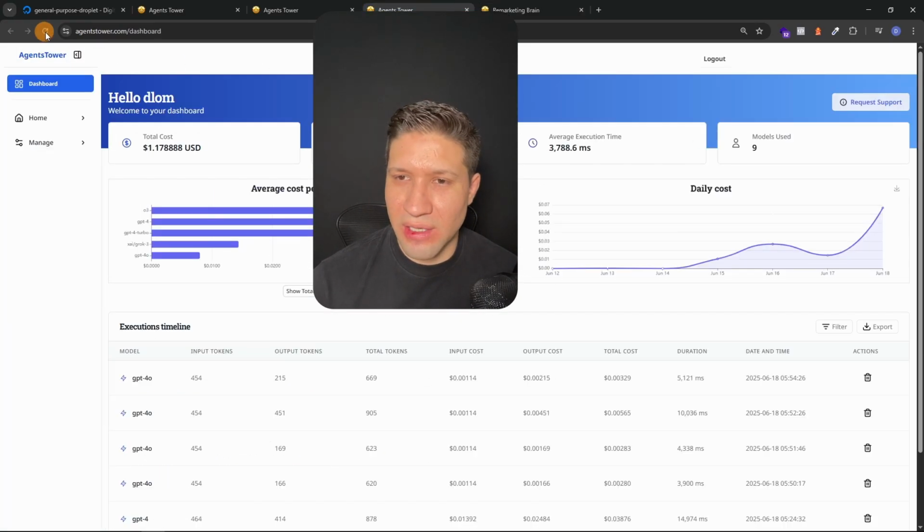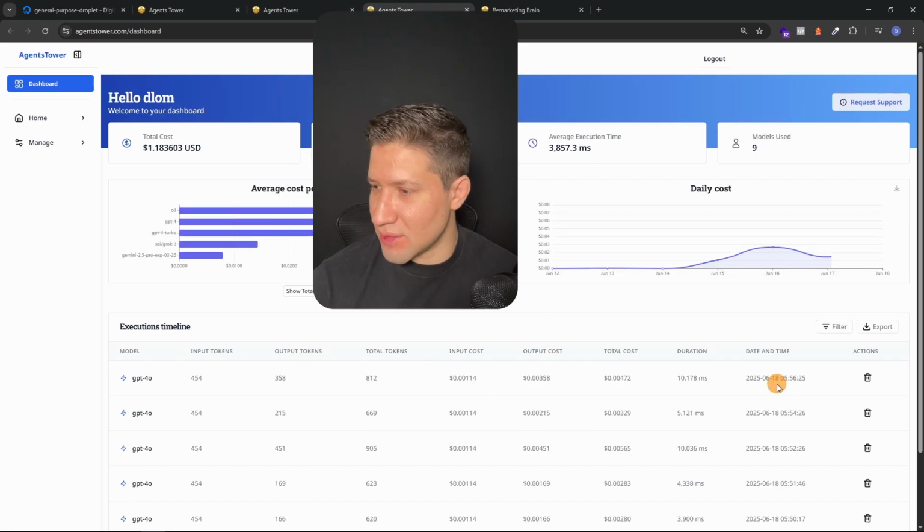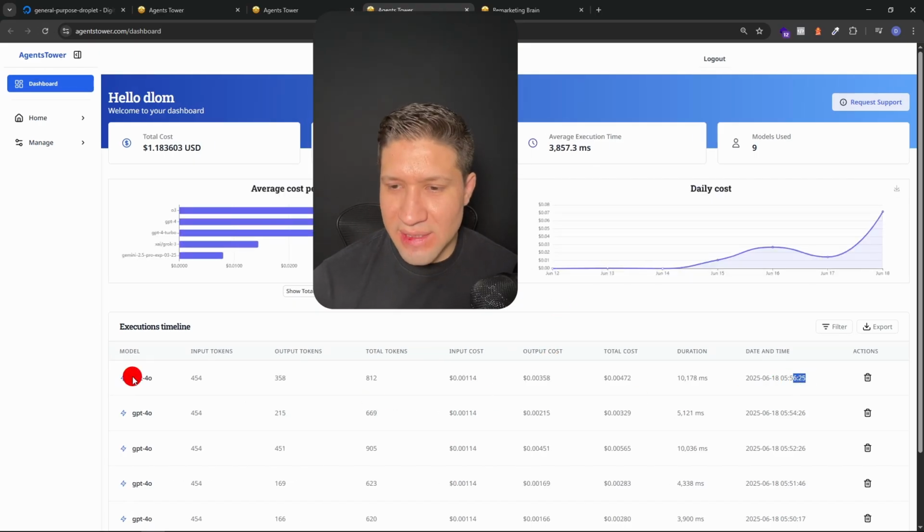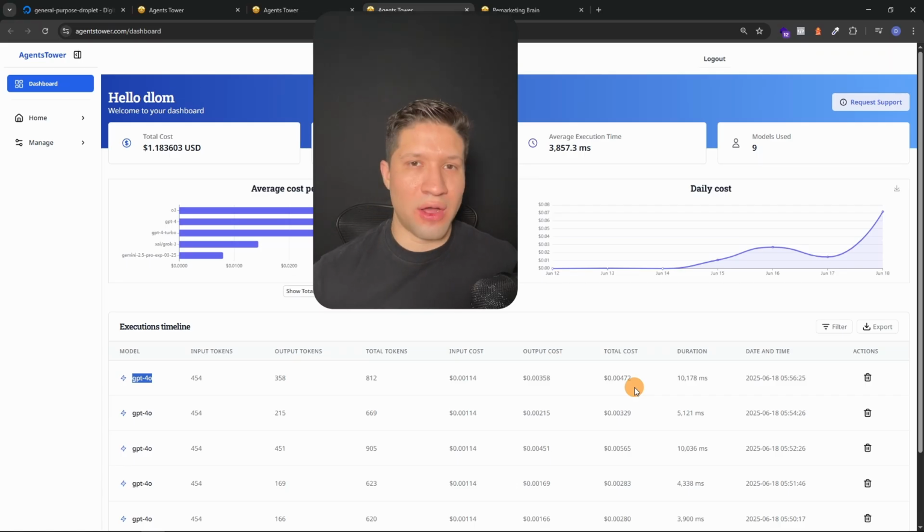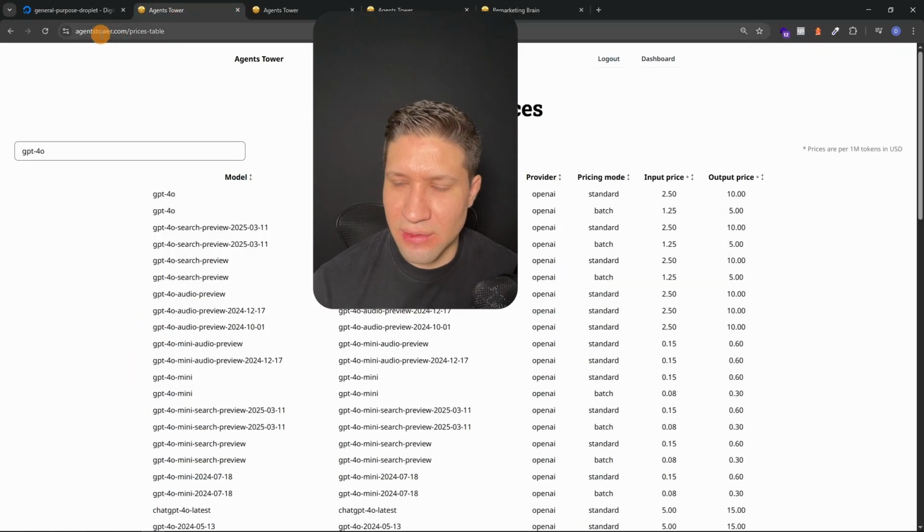Okay, if we reload this, we're going to see that it just went through. And this is the model that we are using, as you know, and there are a lot of different models. And you can also see the prices in here for each model. For example,